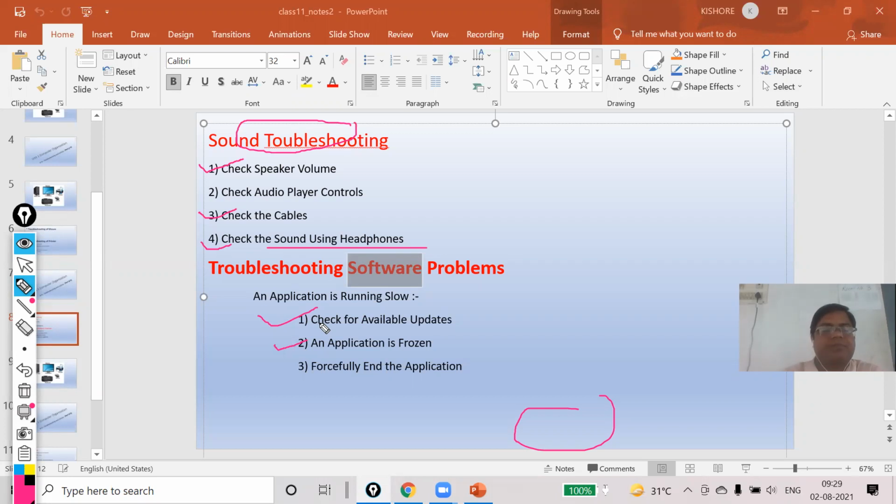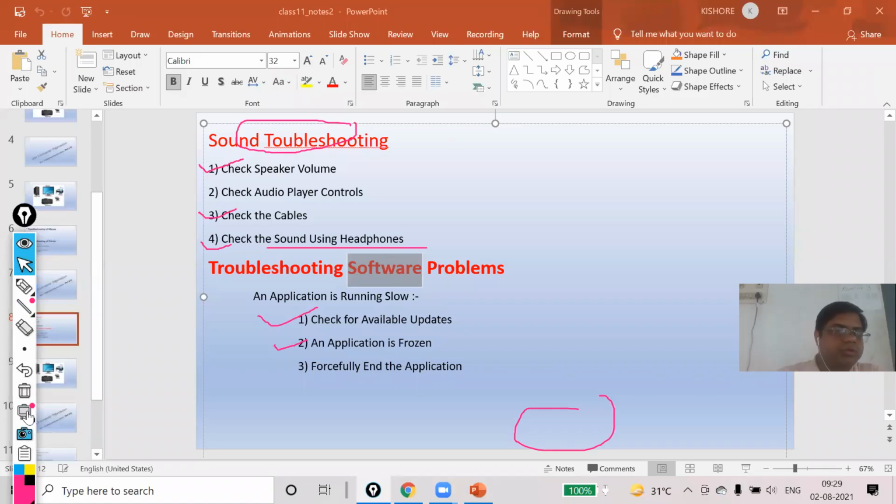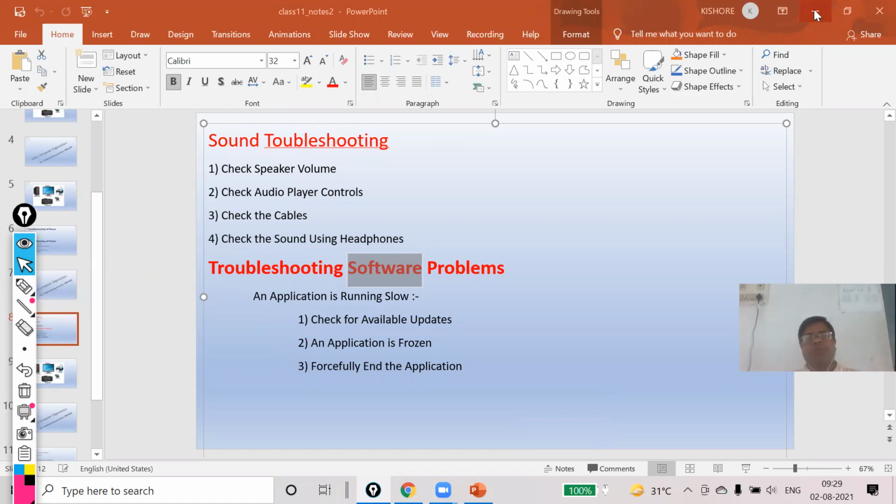See, first one. Suppose you are running your application or your system is not responding. So first step will be you have to press three keys together, that is CTRL plus Alt plus Delete.